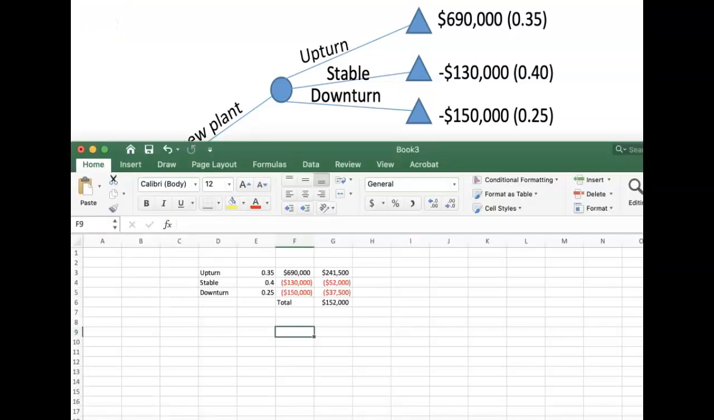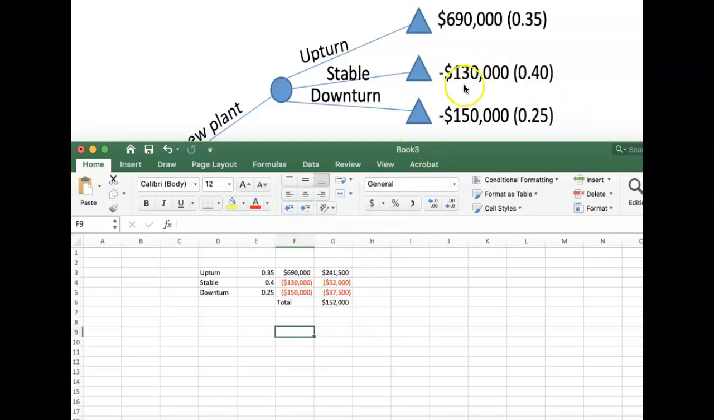Okay, so I put this decision in here, and the chance node in here is that we got an upturn, stable, downturn. So in an upturn, what we did was that we looked here and saw that it was 690,000. We had a 35% chance. Then we look here and we saw that there was a 40% chance here in the stable that we would lose negative 130,000. And then we had a downturn of 150,000,